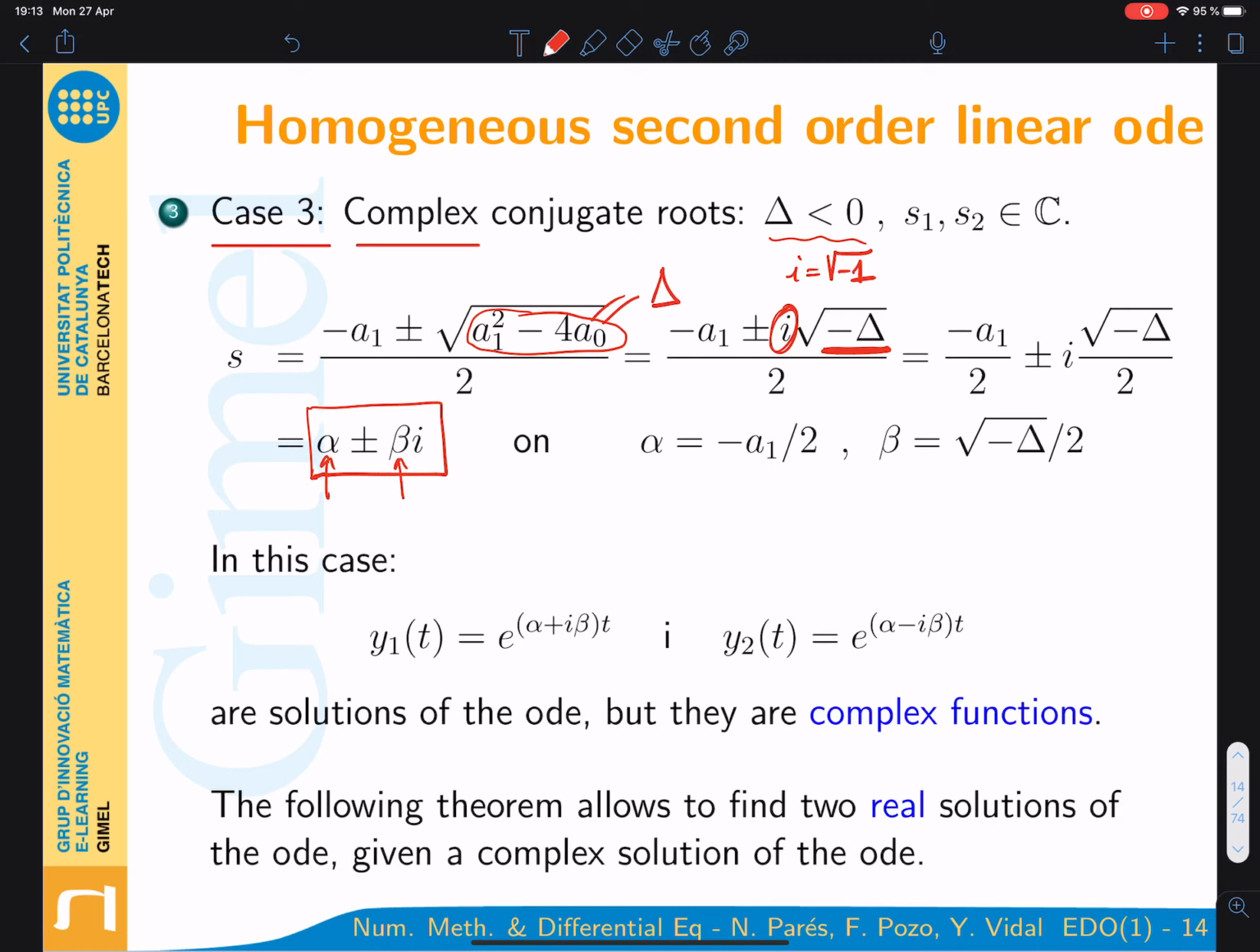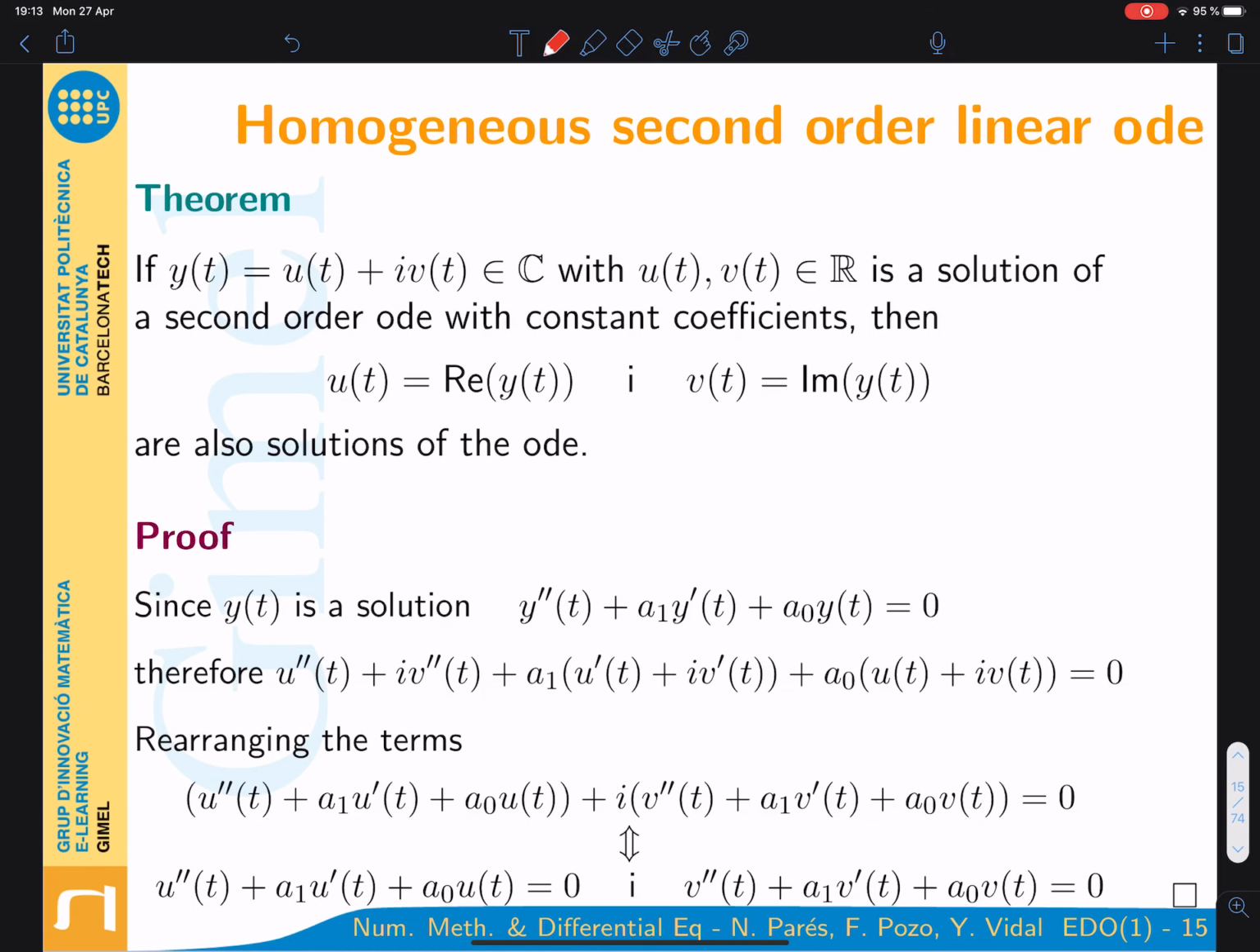So in this case, in fact, we have two different solutions. One when using plus here, and another solution when using a minus here. But we don't want to give the solution in the complex numbers. So we would like to work a little bit in order to give the solution in the real numbers. And in order to do that, it will help a lot this very simple theorem. And the theorem says the following. If I have a solution in the complex numbers, it has a real part and it has an imaginary part,